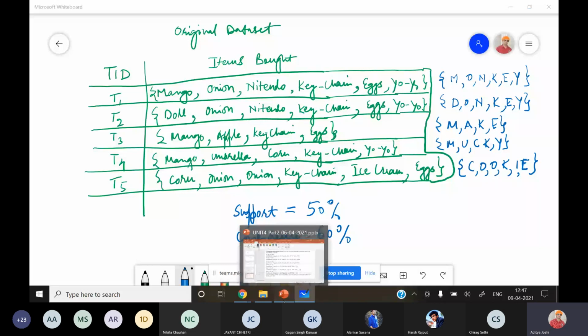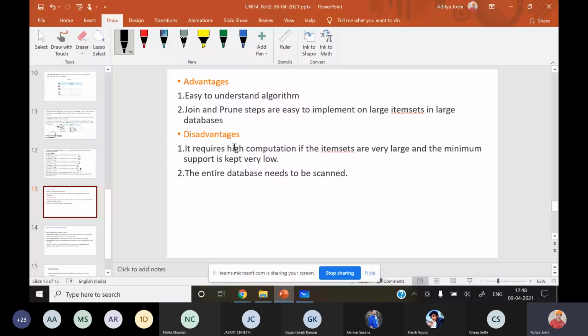Now, what are the advantages of this a priori algorithm? It is easy to understand. Just you have to count the values and आपका आंसर आ जाएगा। ठीक है, join and prune steps होते हैं, that is easy to implement on the large item sets, right, in large database. डिसएडवांटेज क्या है? अगर आपके पास आइटम सेट्स बहुत ज्यादा लार्ज हैं, और मिनिमम सपोर्ट आपने बहुत